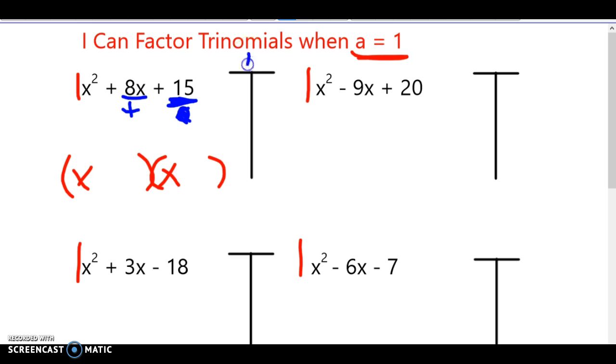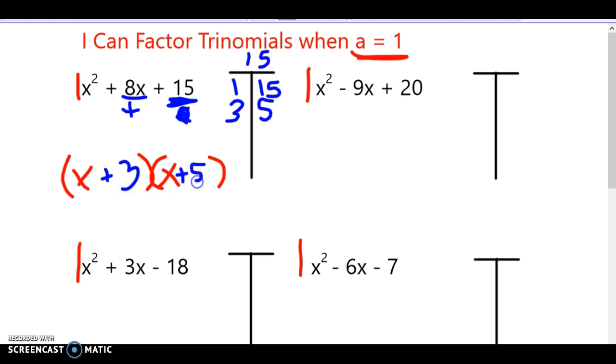So what I'm going to do is find all of the numbers that multiply to 15. Now you might already know the answer, but just work with me. 15, I know I can do 1 times 15, and 3 times 5. So then I look at this pair and I say, okay, what multiplies to positive 15 and adds to positive 8? Well, that is plus 3